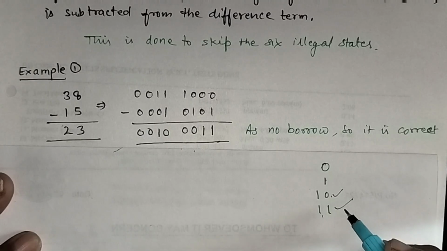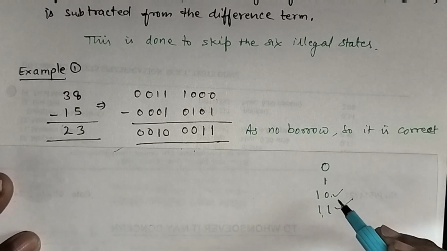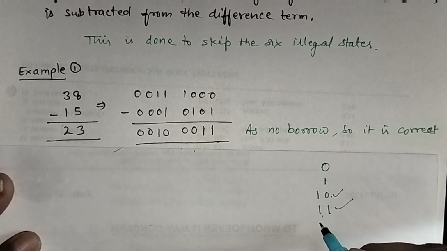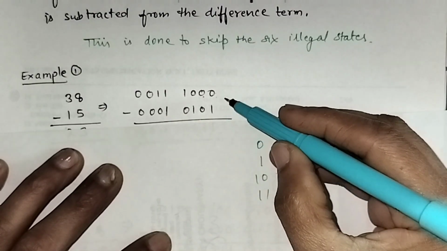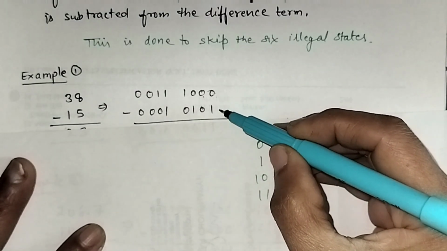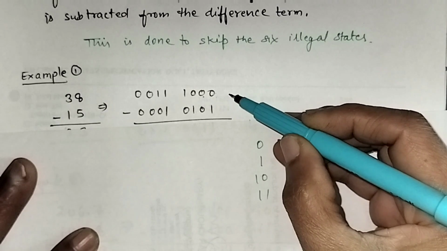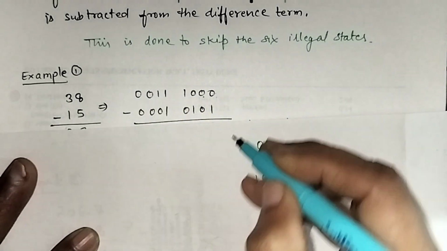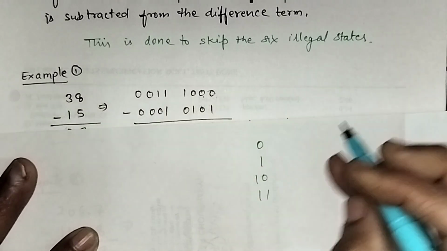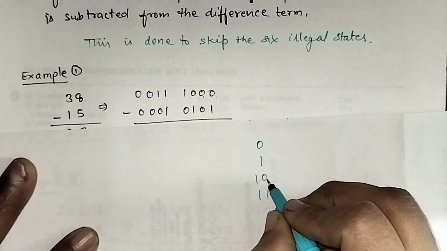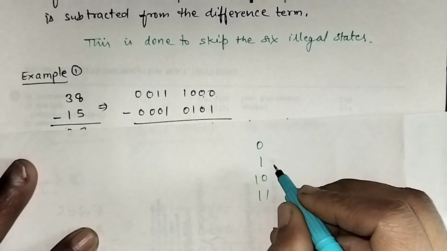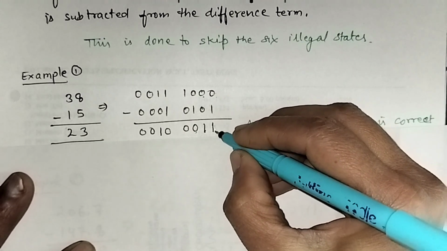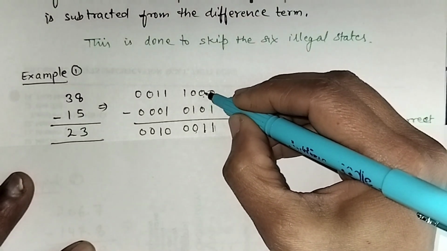When we are subtracting 1 from any number, we will get the number previous to that number. Means if we are subtracting 1 from this number, we will get this number. We can see here that from 0 we cannot subtract 1. So we will borrow from here. It will become 1 0. Now 1 will be subtracted from 1 0. When 1 is subtracted from 1 0, we will get the previous number, means 1. So here the answer will be 1. Now it will become 1.